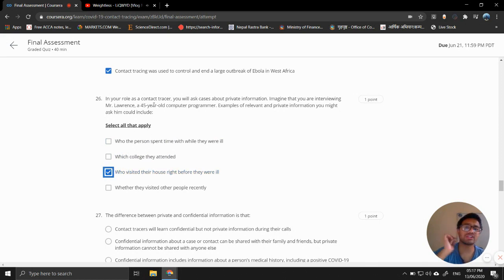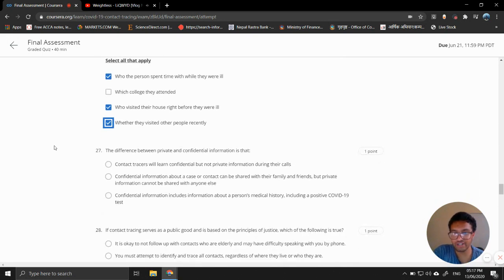Okay, so as a contact tracer, you will ask cases about private information. Imagine you are interviewing this Lawrence for the year computer programming, right? So this is who visited your house right before they were ill. You'll ask that first question, and then the person they spent time with while they were ill, and then whether they visited other people recently. So similarly, our next question will be, the difference between private and confidential information is that confidential information